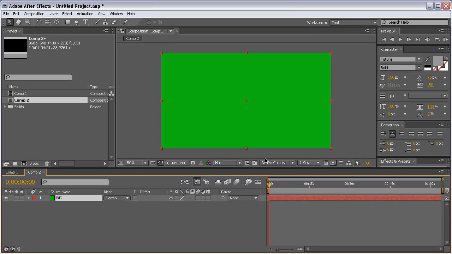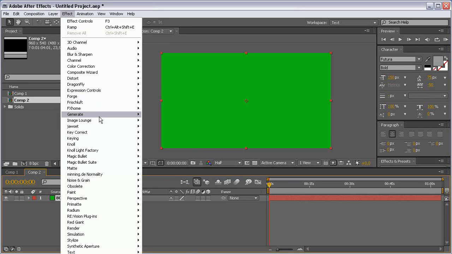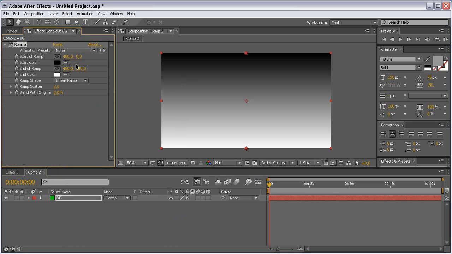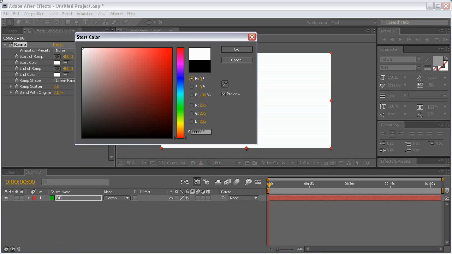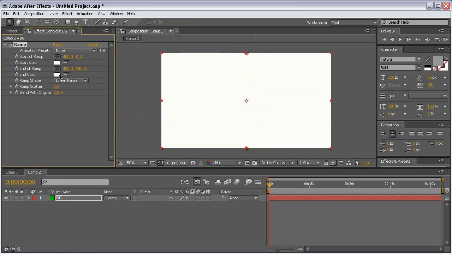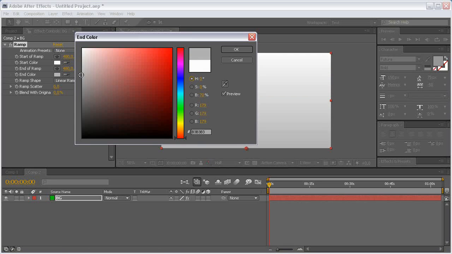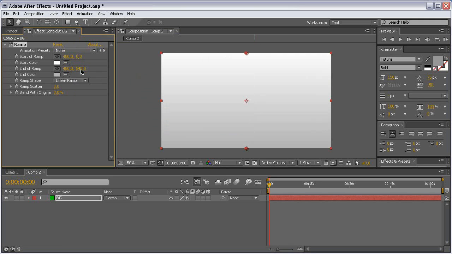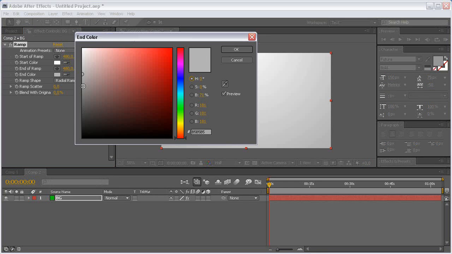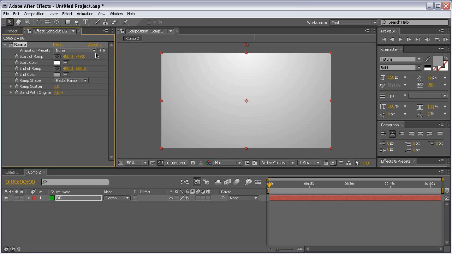background. Come to Effect, Generate and apply ramp, and set the start color to white and the end color to something like this gray color. Set the ramp shape to radial ramp and bring the end point down and maybe the start point here, and maybe increase the contrast by darkening this color,